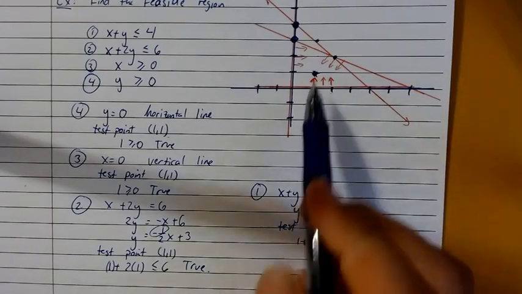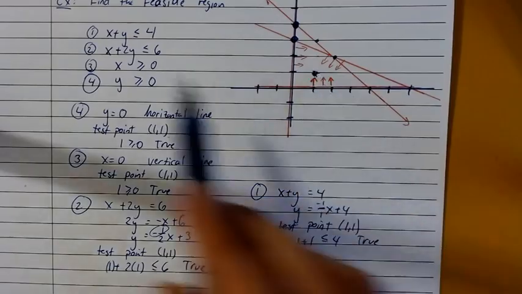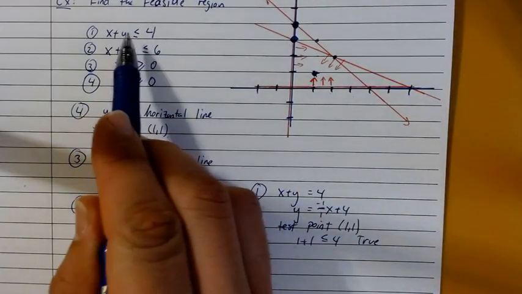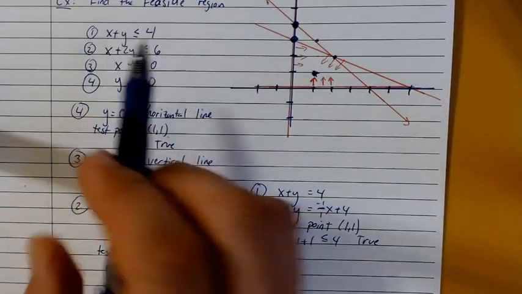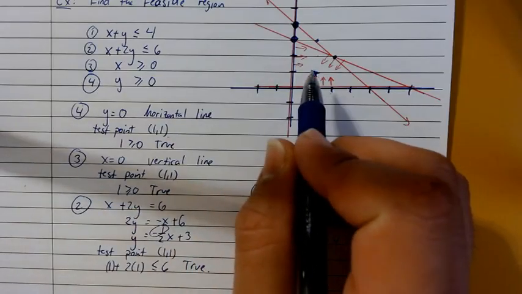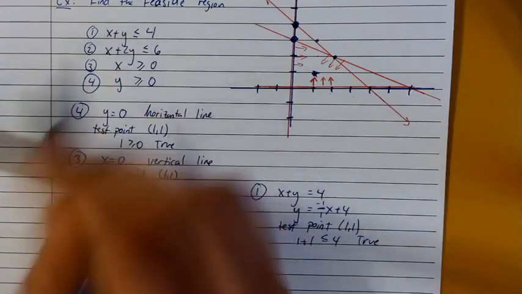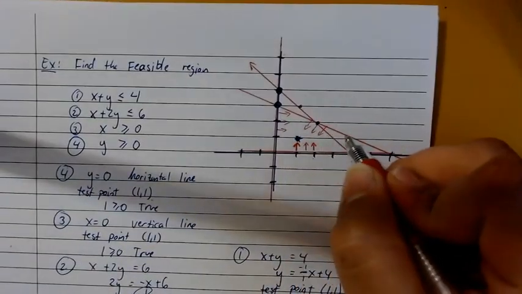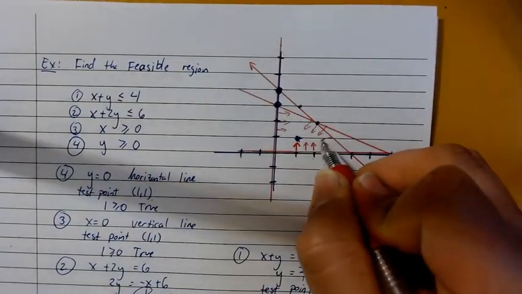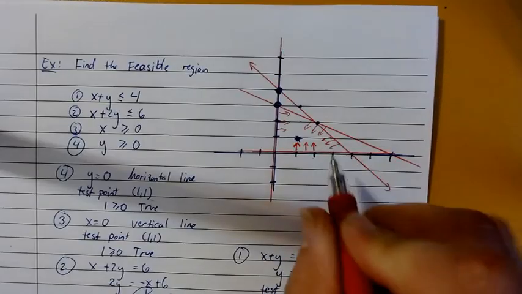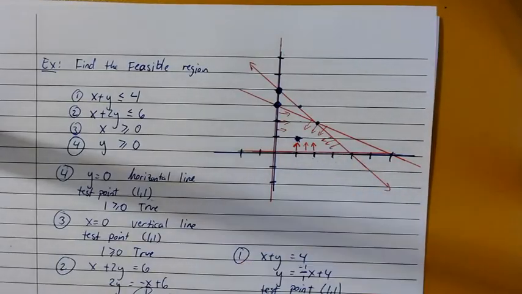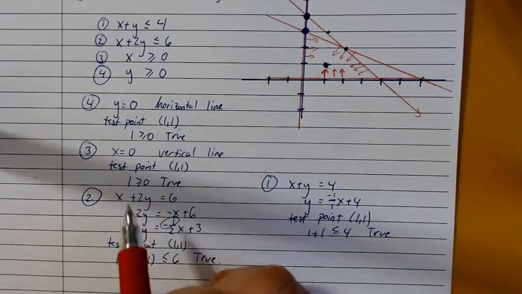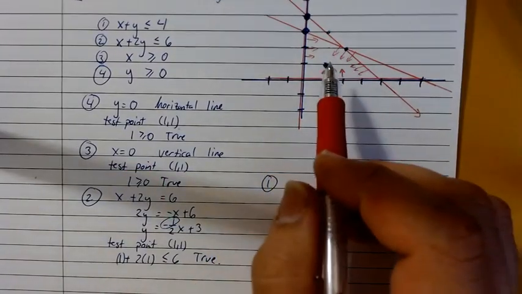So because that point gives me a true statement when I plug it into that first inequality, that means this point is a solution to that inequality of our system. And so we want to shade toward that point, meaning this way from the diagonal line, toward that point over here. All right, so now we've graphed all 4 of our lines, and we've shown that we want to be